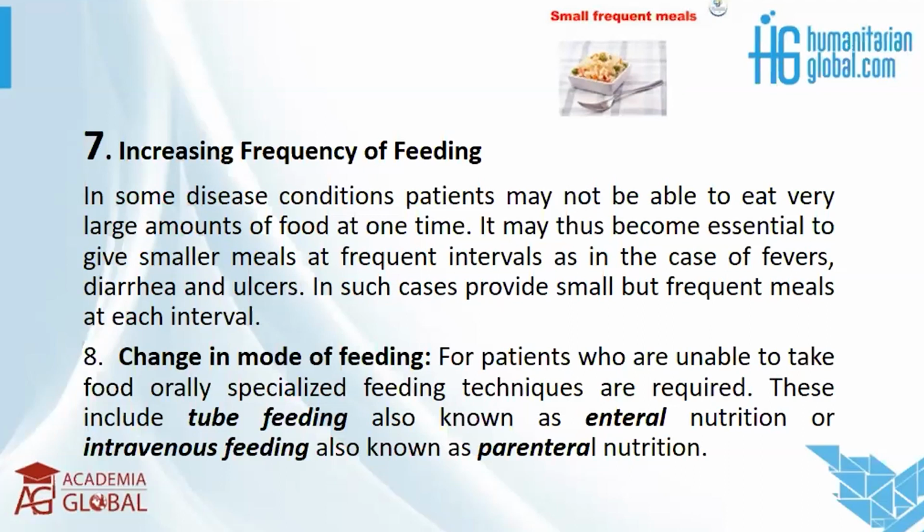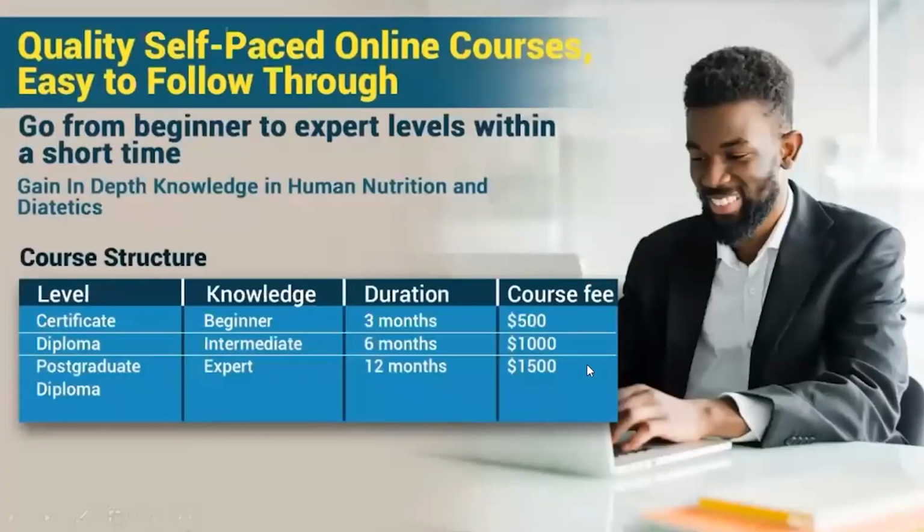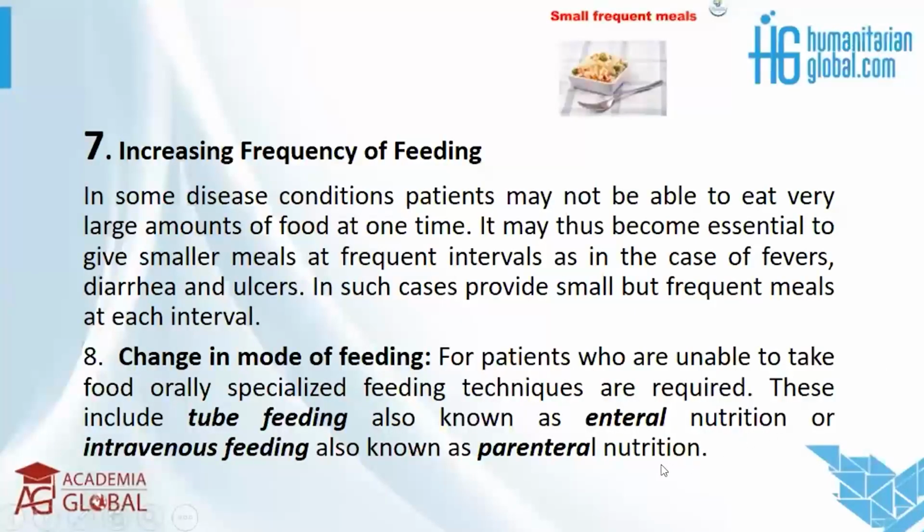So we introduce nutrients, not foods, directly into the blood through intravenous feeding, also known as parenteral nutrition. This should not worry you, because in one of the sessions we are going to do a topic called nutrition support,